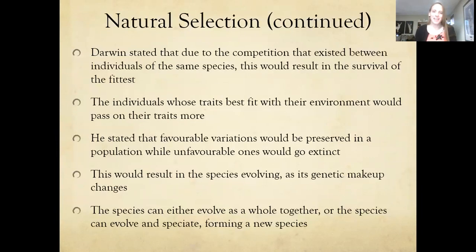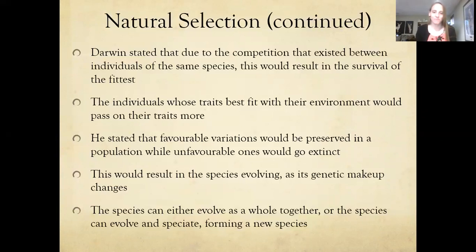So Darwin said that due to the competition that exists between individuals of the same species, that's our intra-specific competition, it would result in survival of the fittest. Now, it is important to note that survival of the fittest does not mean like the most physically fit individuals survive. It means that the individuals whose traits best fit their environment would survive, and they would therefore pass on